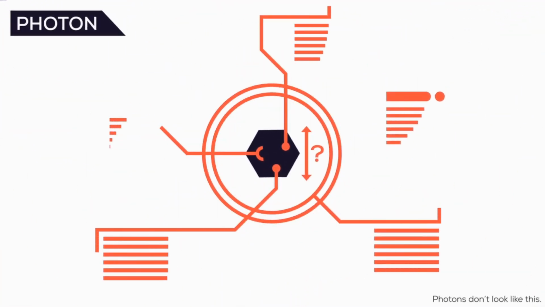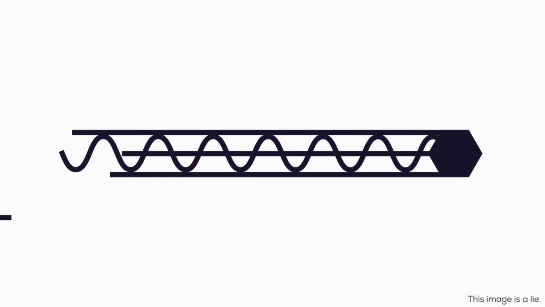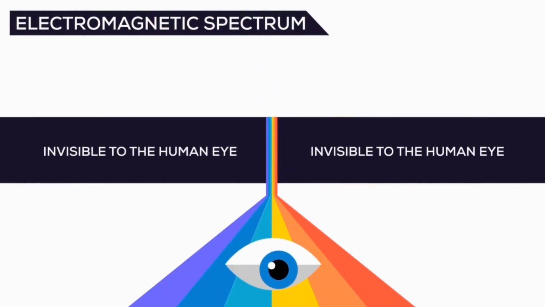Light is the smallest quantity of energy that can be transported, a photon, an elementary particle without a real size that can't be split, only created or destroyed. Light also has a wave-particle duality, being kind of a particle and a wave at the same time, although this is a lie. Also, when we say light, we actually mean visible light, which is a tiny part of the electromagnetic spectrum, energy in form of electromagnetic radiation.